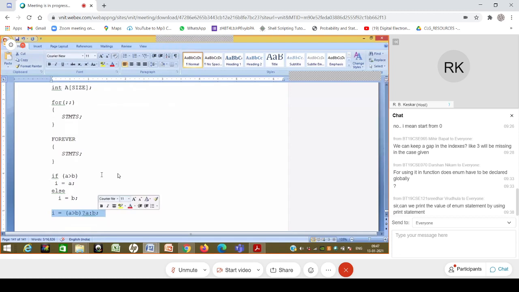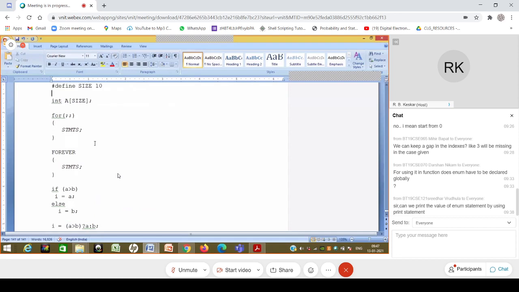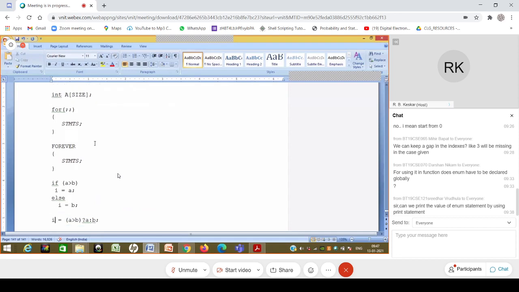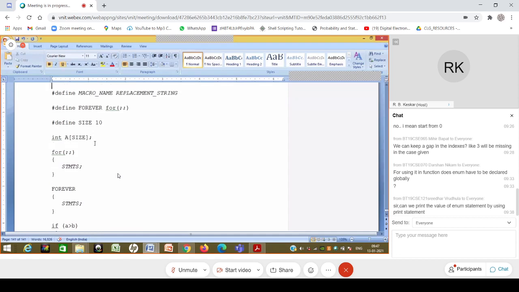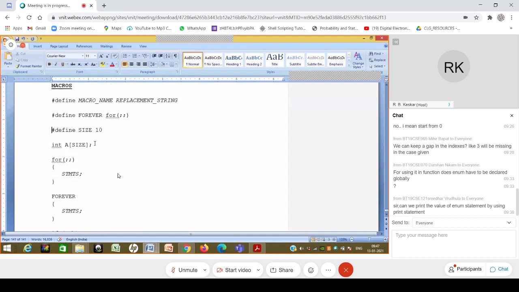Now what I can do with macros is that, for example, I may require such conditionals many times over, right? So can I do this through a macro is the question. Perhaps this hash define size is the simplest one, so perhaps I had to write it earlier. Another thing which I can do with a macro is that I can write a complex statement, or rather I can write something which looks like a function.